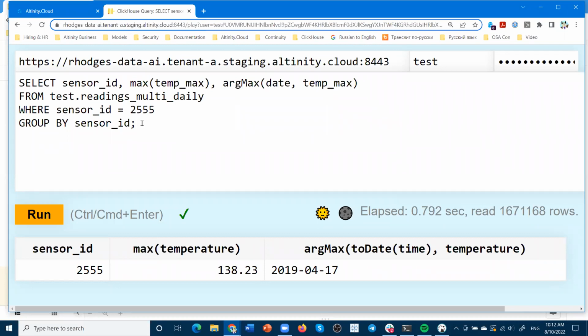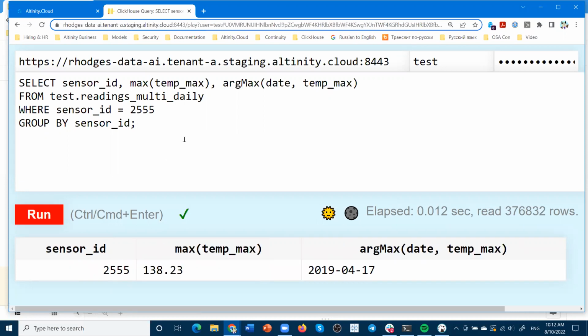So if I want to find what day we had this high temperature, I run this, and basically the same data comes back. It's the same day, but it ran in 12 milliseconds. So this is really fast.